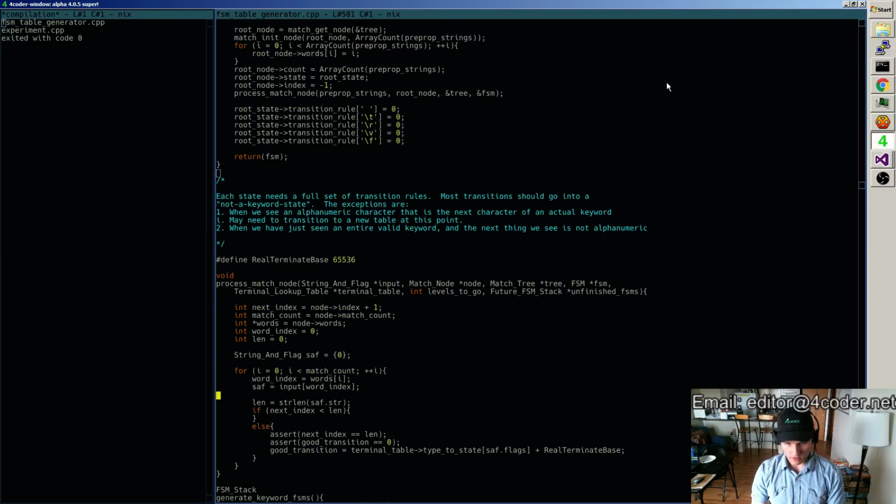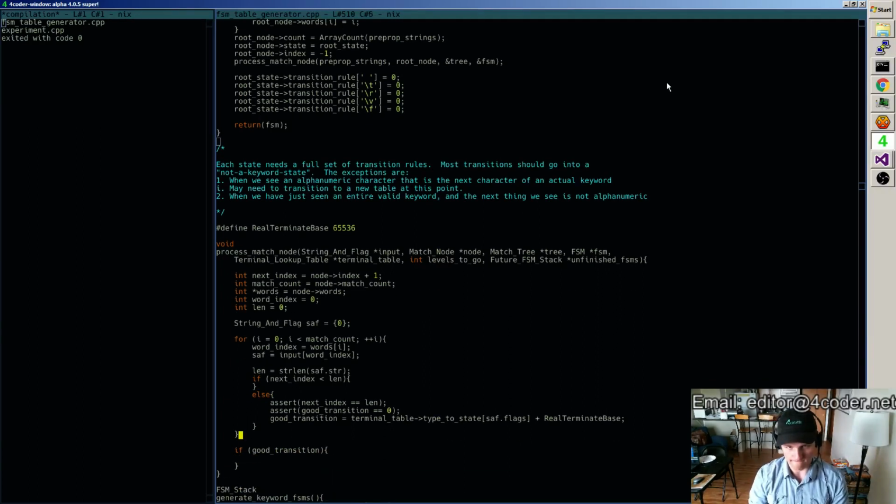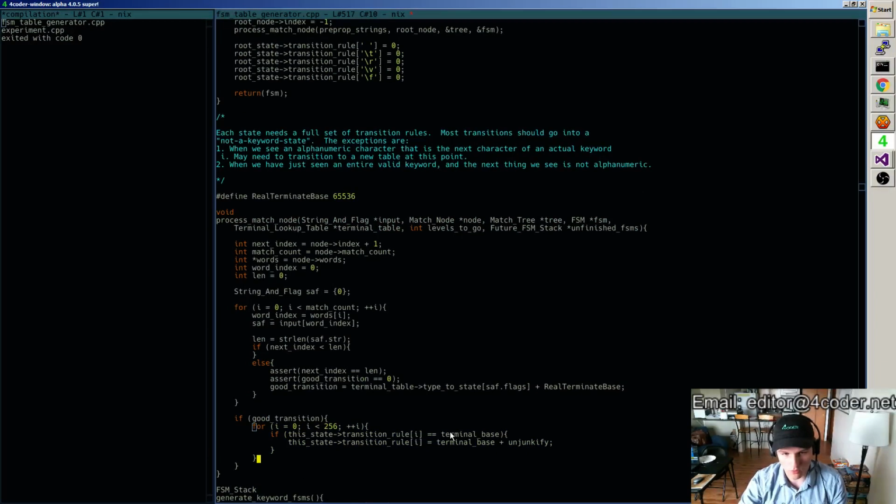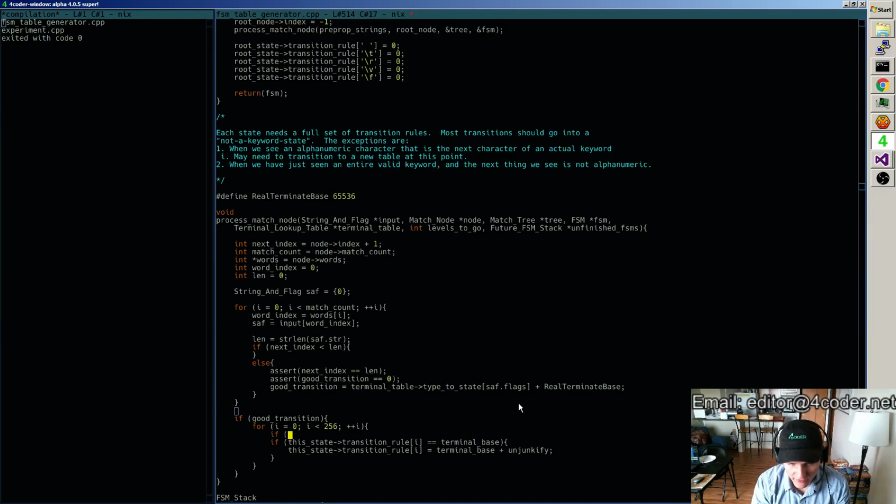Anyway, so the idea here is we get this good transition, and then when we're done, if we have a good transition, then anything is we've just seen an entire valid keyword, and if we saw a non-alphanumeric, right? So what we want to do is say, maybe that's what this actually does. This goes across everything, and this is somewhat broken, and I'm not sure how. Maybe the preprocessor doesn't actually work, and I should double check that. But what we should actually do is go across everything, and say, if